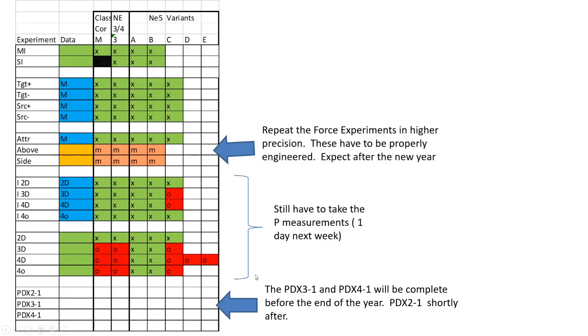So a wrap up of where we are. We have to rerun the force experiments, and we have the paradox 2. This 1 means the one magnet experiment to distinguish it from the normal paradox 2, paradox 3, paradox 4. Once we get these, then we go back into the 2, 3, and 4 and see if we can't get,